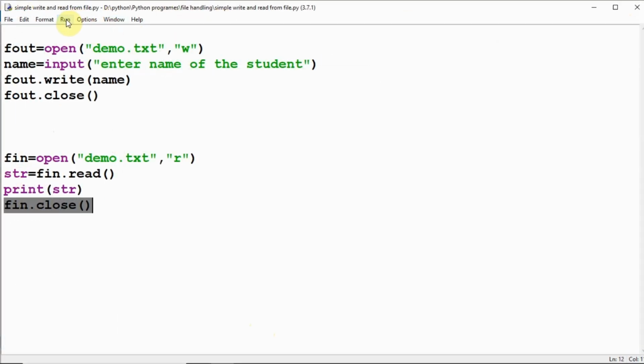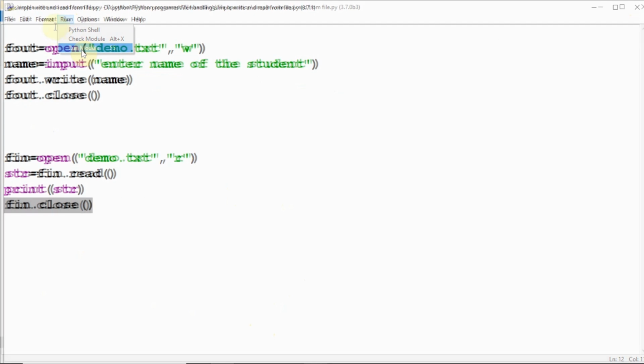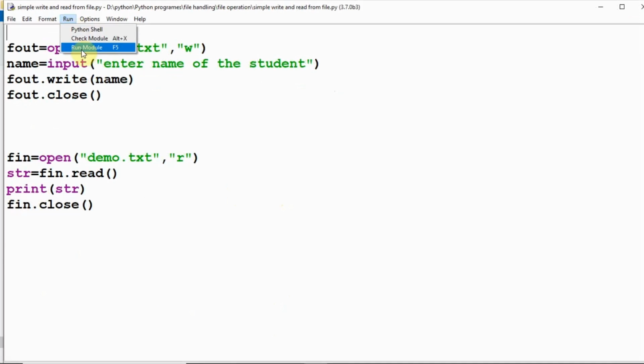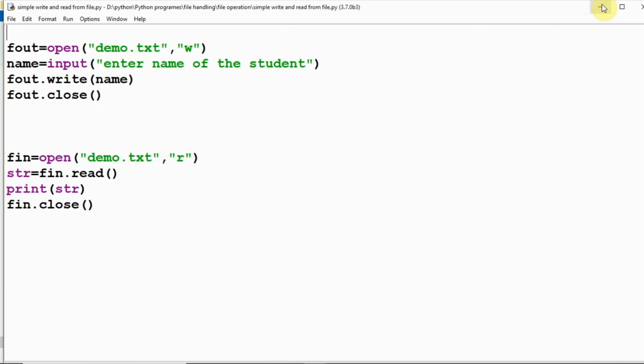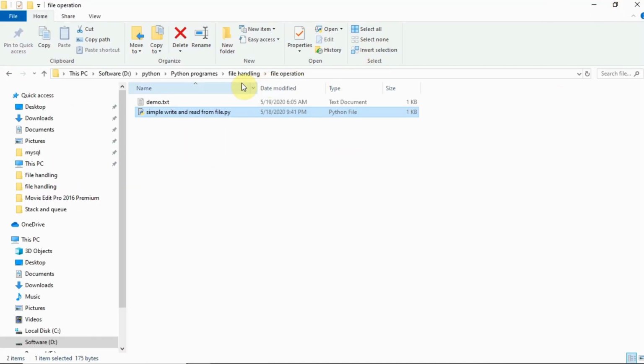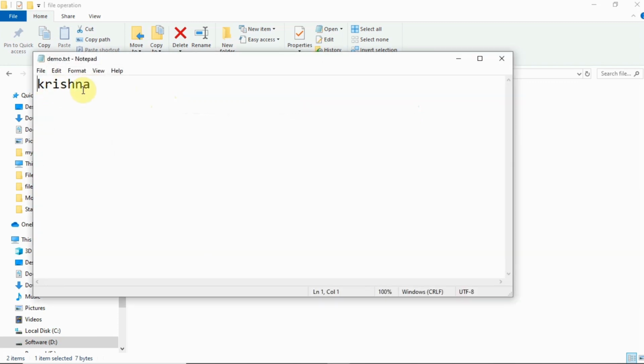Let's run this program again. This time we have given Krishna. Now let's check what happened with our file. Earlier Naman was here.